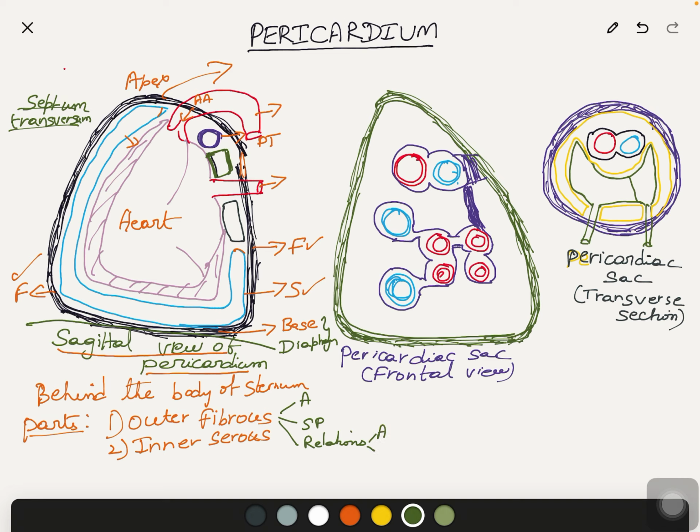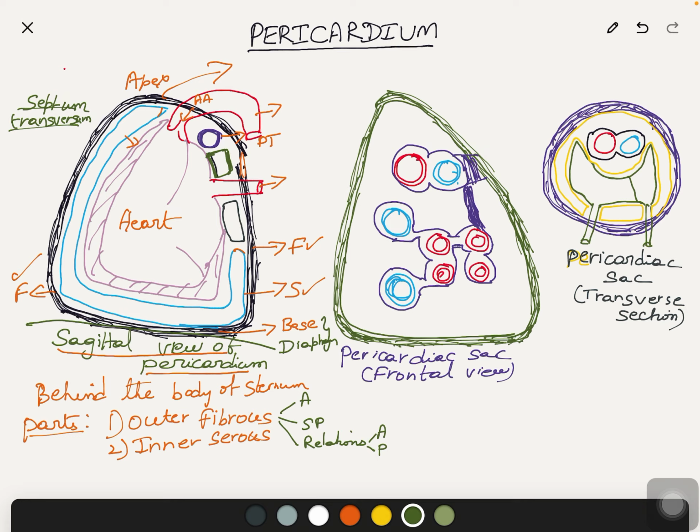Now behind, or posterior. Behind this pericardium and heart, which mediastinum is situated? Posterior mediastinum. So it is the anterior boundary of the posterior mediastinum. So naturally it will be related to the structures in the posterior mediastinum, which I think we have learnt in the mediastinum class. So in front we have completed, behind we have completed.